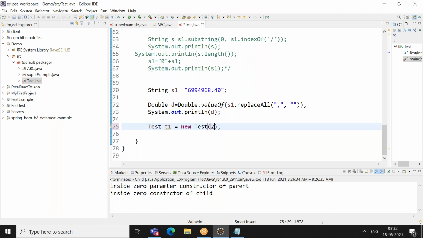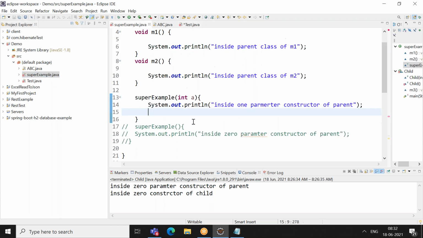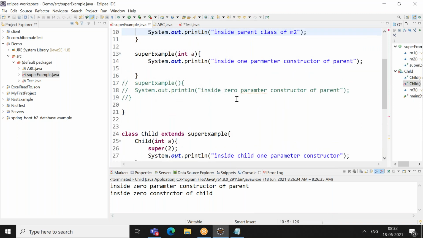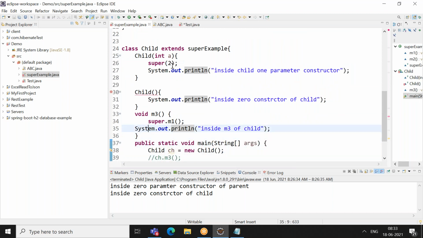Yes. Okay. So the same concept applies over here. You created a child class object, right? Then it will try to create a parent class object. Whenever it is trying to create a parent class object, there is already a one parameterized constructor, so it will not create one with zero parameter, right? Why? Because you need to write it explicitly, or the compiler will not do it, since you already have one parameter constructor. So to solve this problem, what are the two solutions that you can do? You can directly call super with one parameter here. You're telling it, okay, so this is the same here.